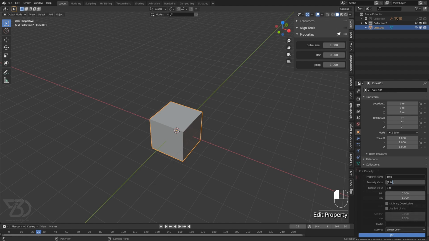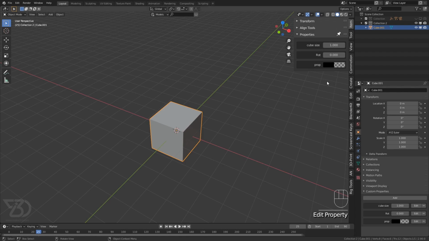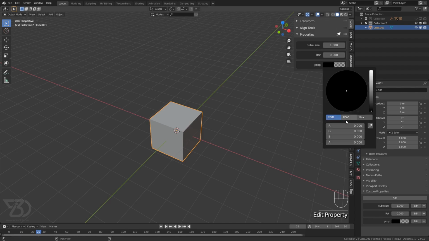So let's type 0.0 comma 0.0, and I will create 4 for the alpha channel as well. So one more comma 0.0. If I click OK, see we have this color value, and if I make it 1, now we have this alpha channel, and then we can change the color over here.